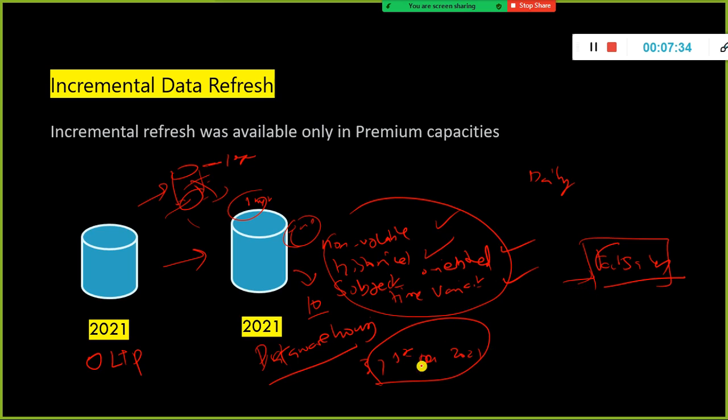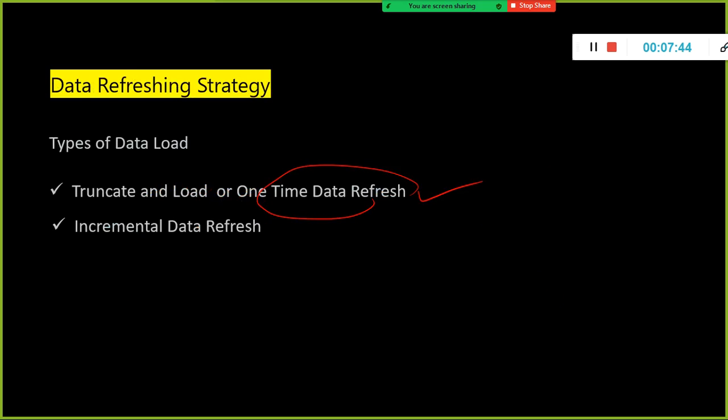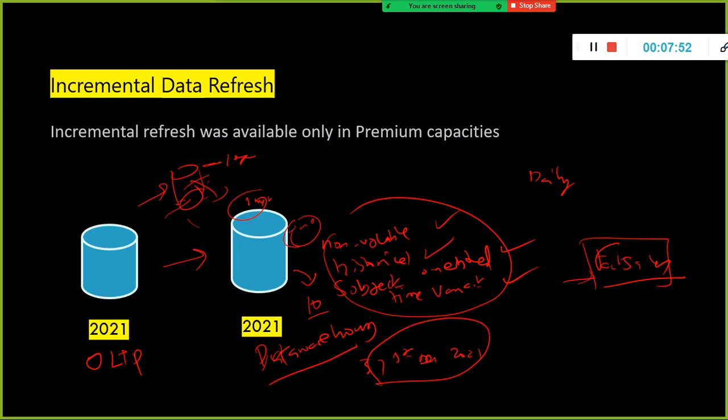So after this day, 31st December 2021, if any data comes in, how will I load it here? That is called your incremental data refresh. If any existing record gets changed, or if any new record gets inserted,